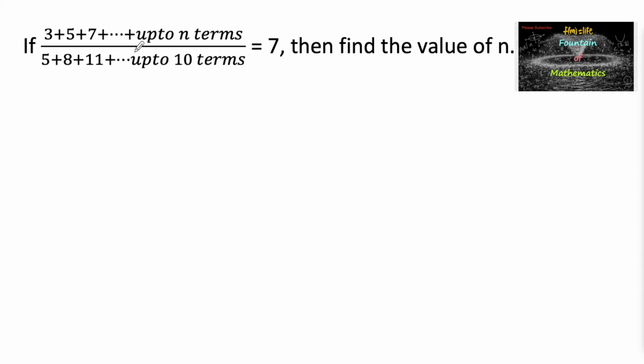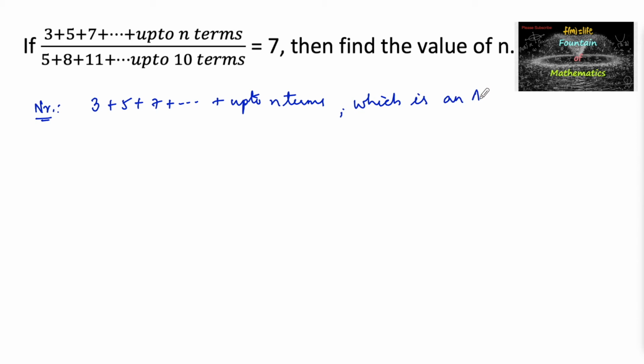So here given the ratio of two series, the numerator 3 plus 5 plus 7 plus and so on up to n terms, this series is an arithmetic progression whose first term a is equal to 3 and common difference d is equal to 5 minus 3, that is 2, and hence sum to n terms we can write Sn is equal to n upon 2